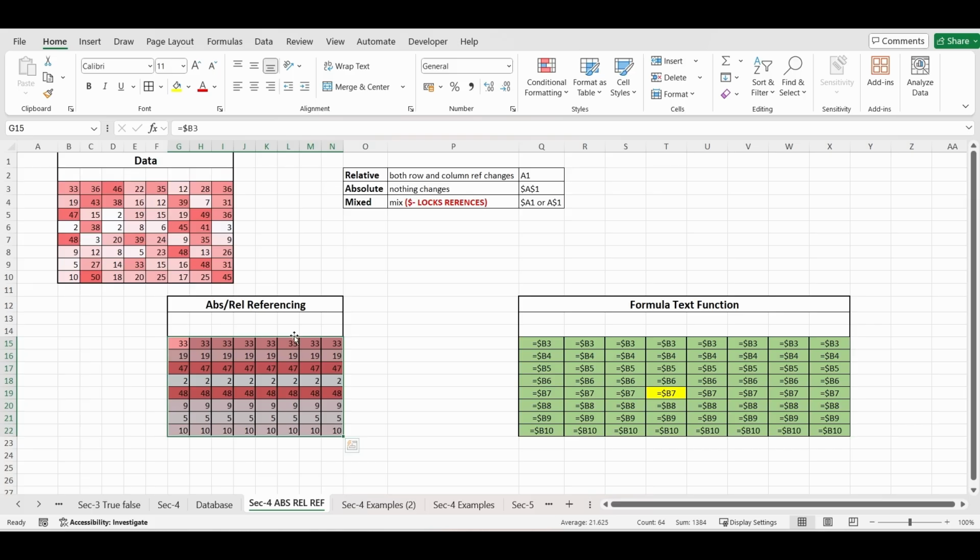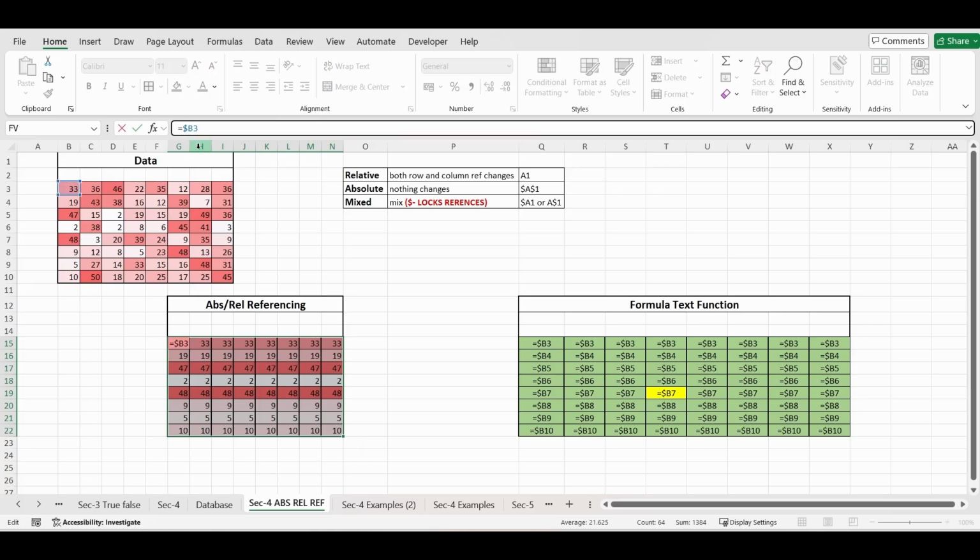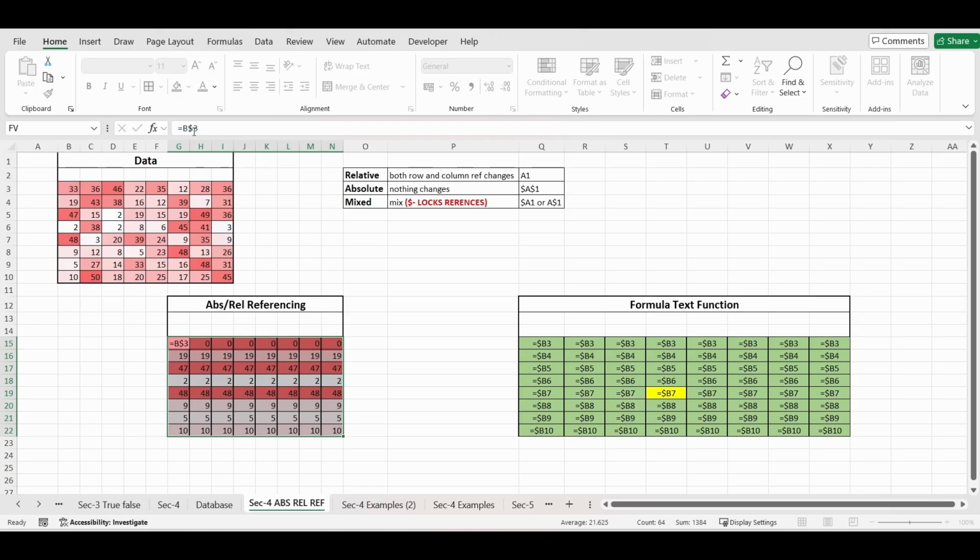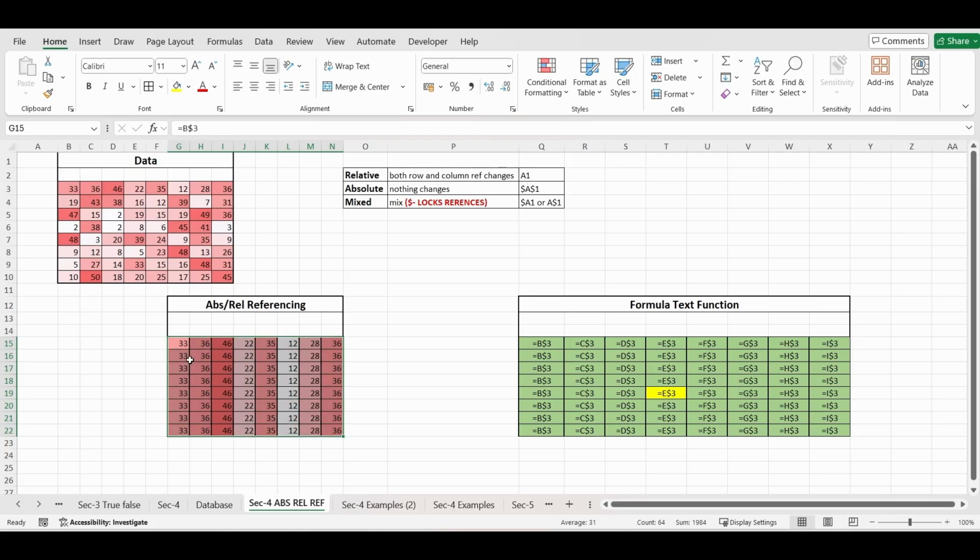Now if I alter the formula by selecting this grid and put this dollar sign ahead of the row number instead of the column number, now you are locking only the row part, not the column one. So if you now press Ctrl Enter, the formula gets updated for the whole grid.